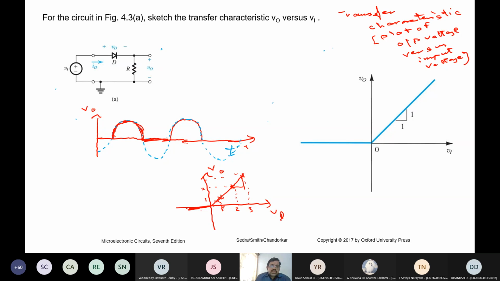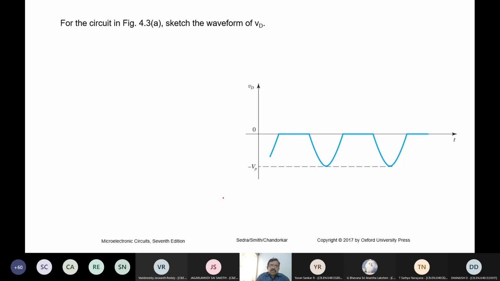Okay, so you have to understand how this is drawn. To show this only, I drew and showed you how this is taken. So in an oscilloscope, we have to take every input, see the corresponding output, and keep plotting it on a graph sheet, and you will get this kind of curve. The thing is here, we are considering an ideal diode, do not forget. Now let us go to another example.